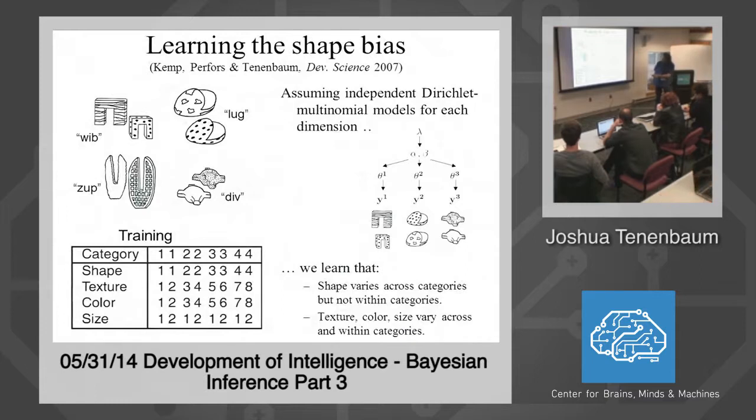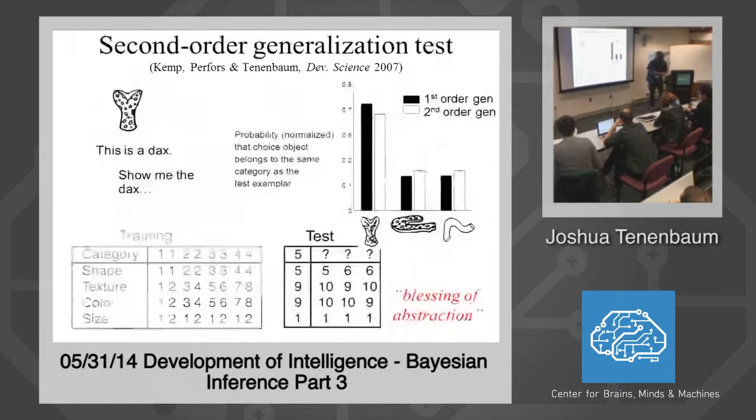But here, there's a bunch of different possible shape categories, texture, color, so on. And then here what you're seeing is, okay, basically there's a correlation where the 2 things that are in bag 1 have shape value 1, the 2 things that are in bag 2 have shape value 2, the 2 things in bag 3 have shape value 3, but texture and color are sort of arbitrarily varying across bags. And what you learn, again, from this is that shape is this thing where the heterogeneity of different shape values is not reflected in each individual bag. Each bag is much more homogeneous than the population as a whole, whereas for texture and color, you learn that their heterogeneity seems to be actually present in each individual bag,